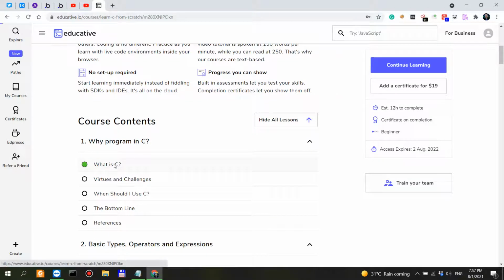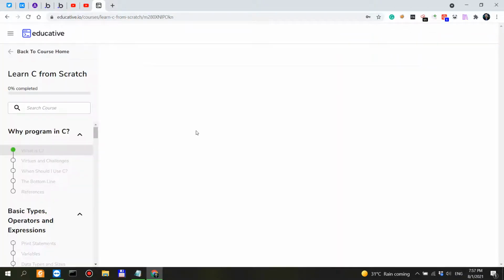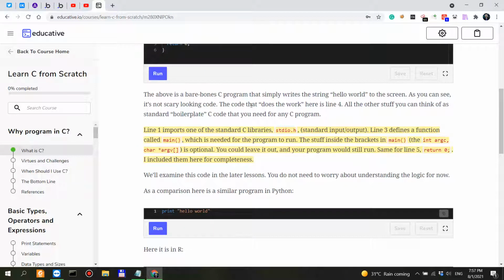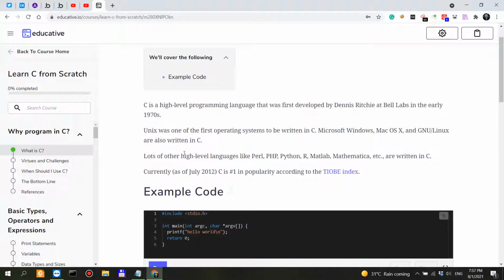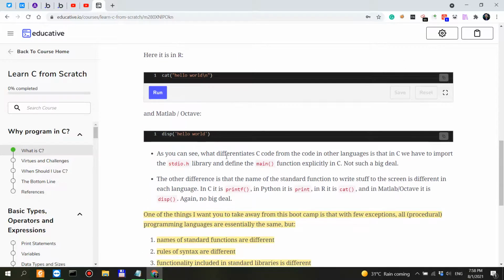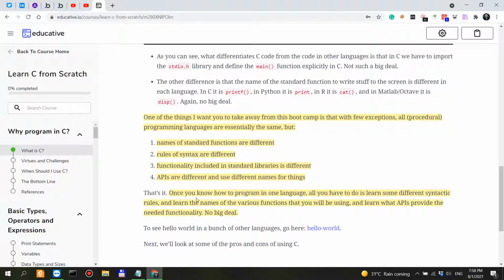If we look into this first lesson, we can see that lots of other high-level languages like Perl, PHP, Python are written in C. So these are actually my highlights.